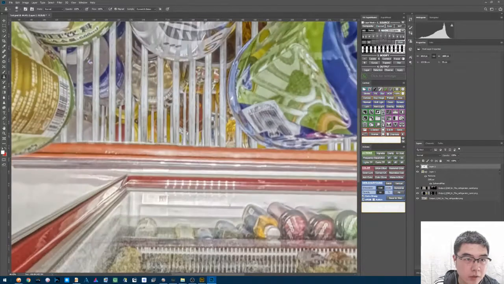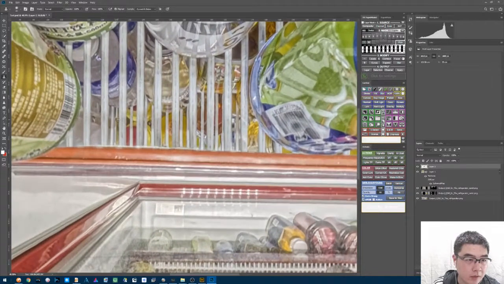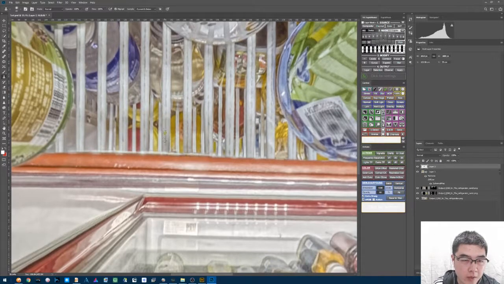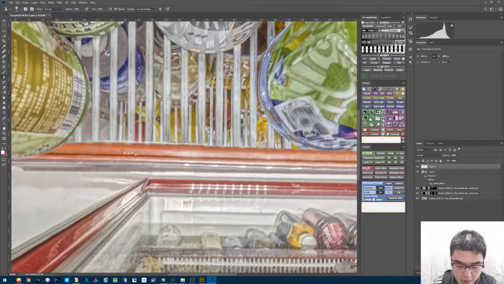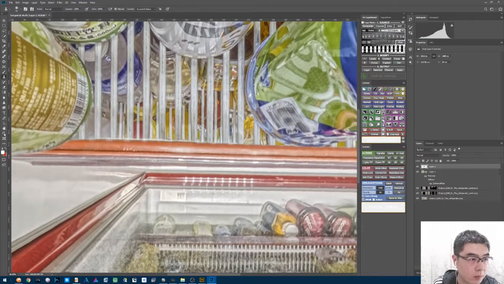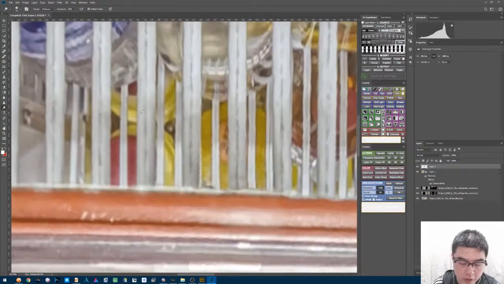stitching errors, but watch carefully: on the white lines, you can see the shadow of the camera, because this area looks a little bit blacker than this area. So that is the evidence of the shadow of the camera. You can use the burn and dodge tools to get rid of the shadows. For the dodge tool, you can make it brighter,